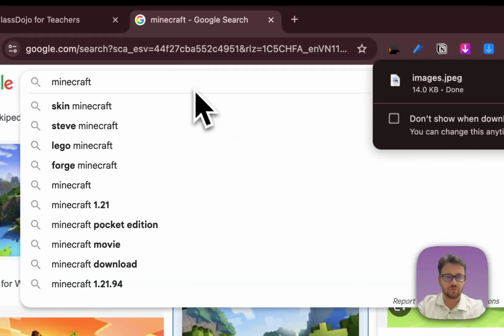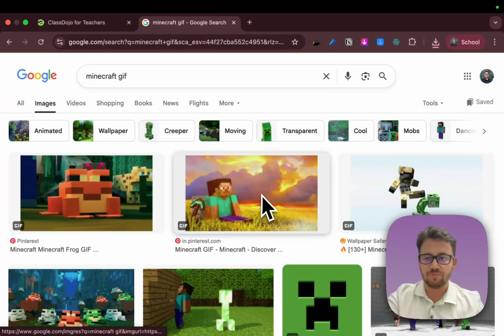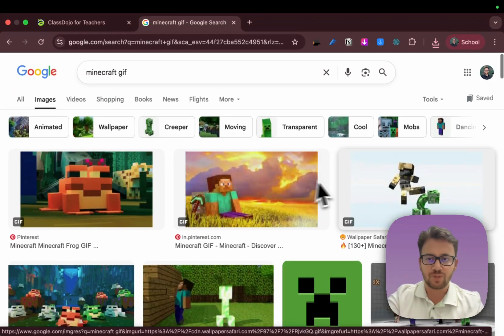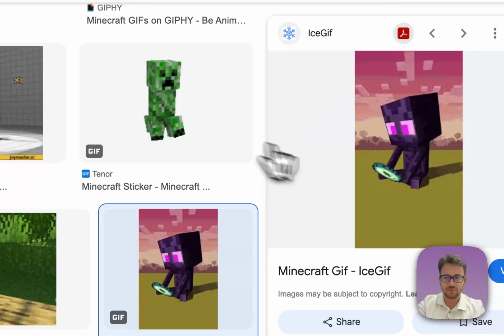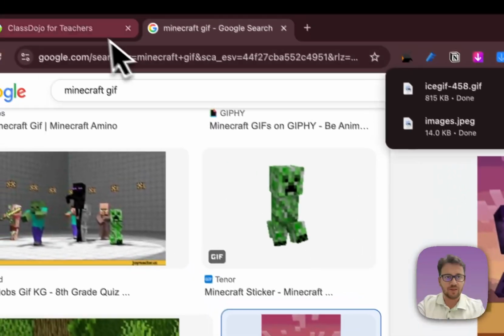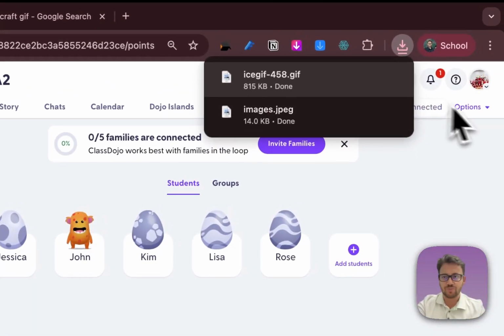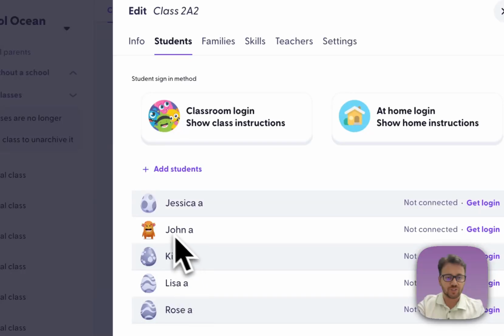You can also choose the option as a GIF, and it's basically a moving image. Let's say this one here, this looks nice. Okay, save it, then go to Class Dojo, choose options, edit class, choose the student you want to change the